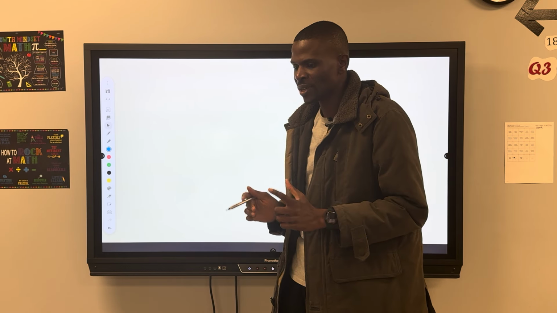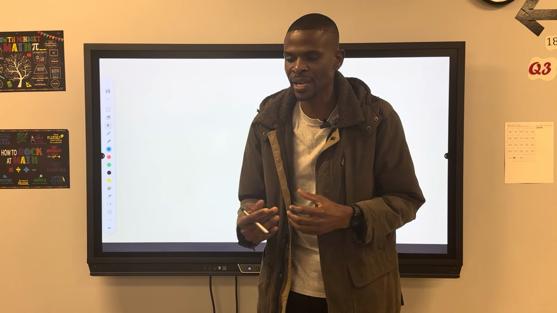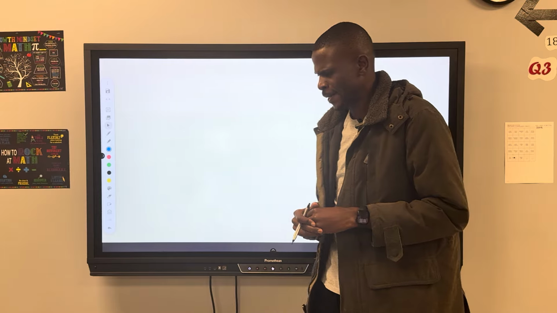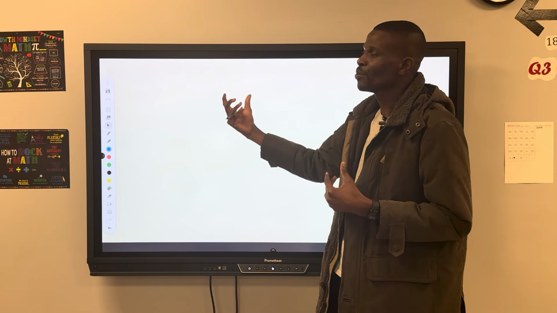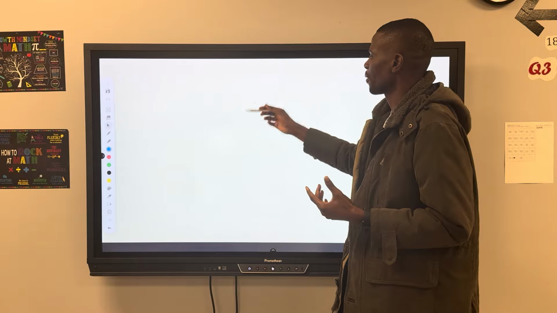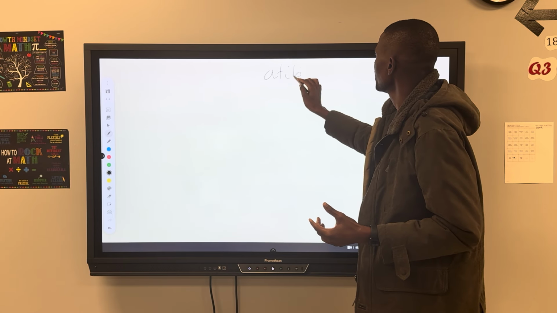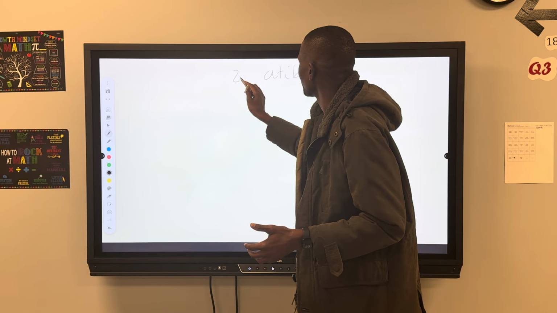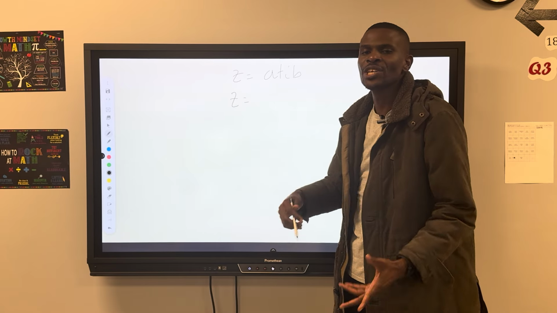Right, so guys, we need to understand that a complex number can be represented in several ways, but I'm going to talk about the three main ways. We have the standard form or the rectangular form, where we just express it in the form a plus ib, or x plus iy. That's the first way. Or we can express it in Euler or in